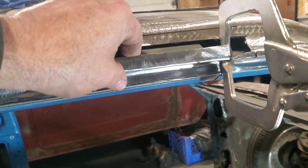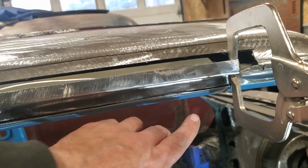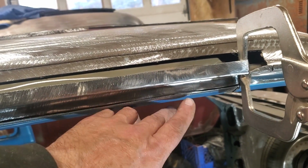And see, you can see there now what I got done. There's the bent edge I put in there. Now it'll actually fit nice to the thing. I'll just trim that off so I don't have all that 3/4 of an inch there, and I'll just leave